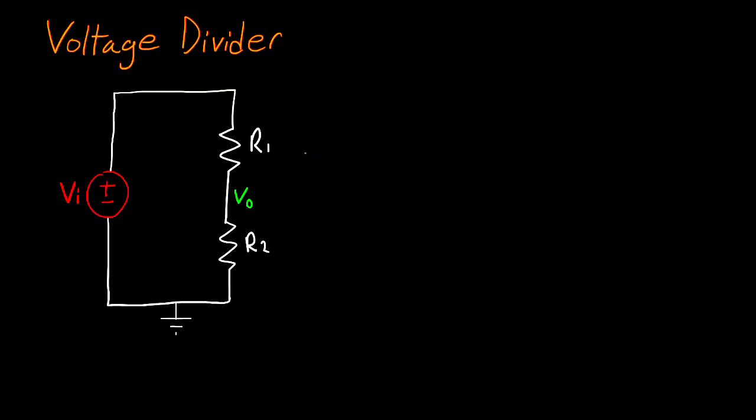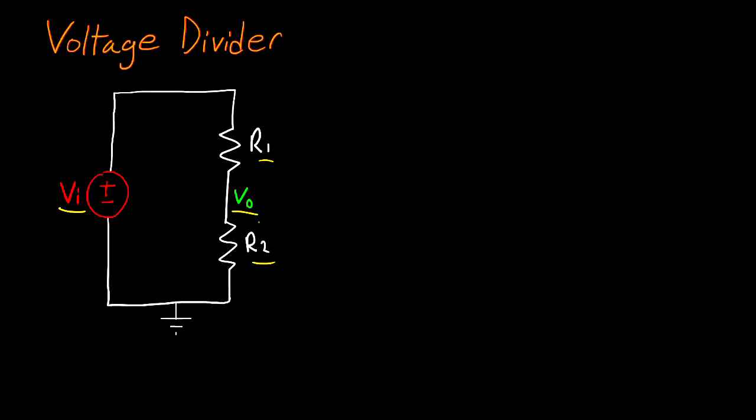In this video, we're going to be talking about the voltage divider. The voltage divider circuit is a voltage source with two resistors in series. And the goal of the voltage divider equation is to relate VO, the point between these two resistors, to R1,